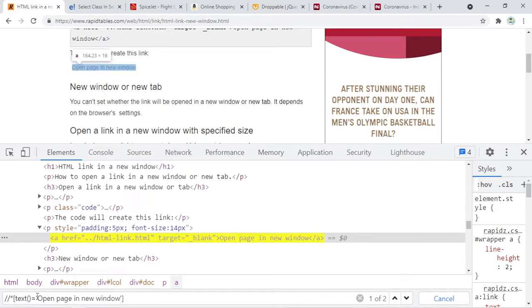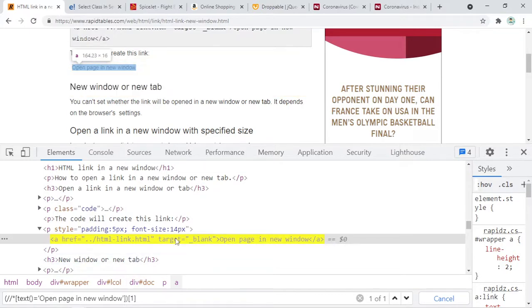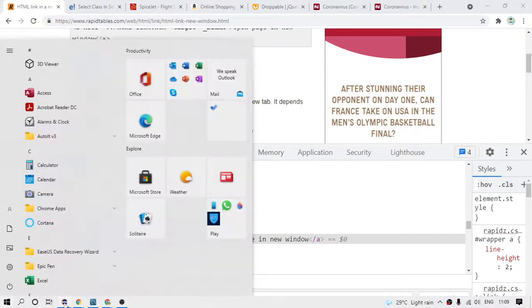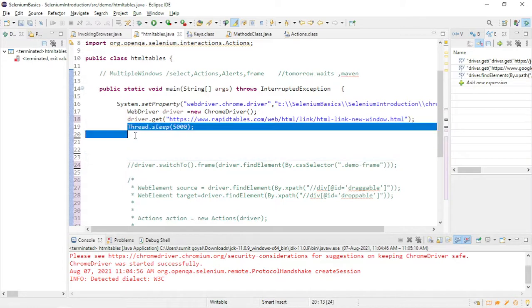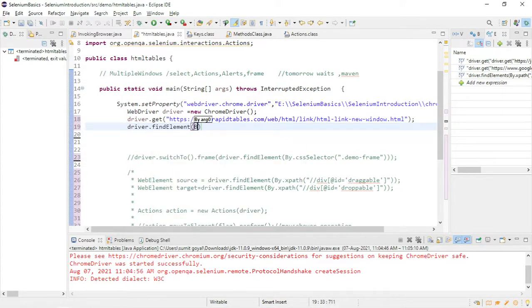So okay, more than one element is present. So let me now give one to make it unique. So now I think it is unique, right? So I will copy this and I will click the link. So here it is not required. Driver dot find element by dot xpath. So after that I will dot click,